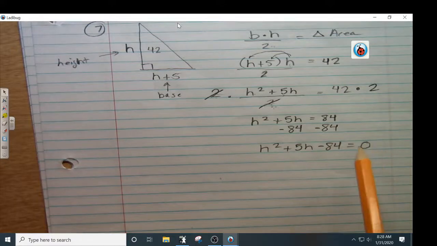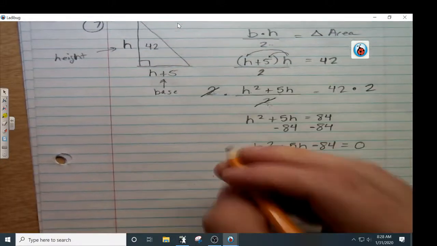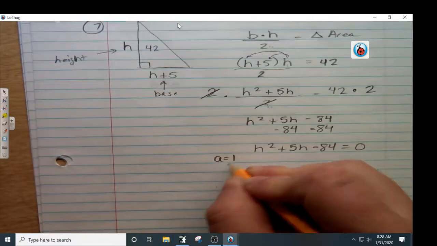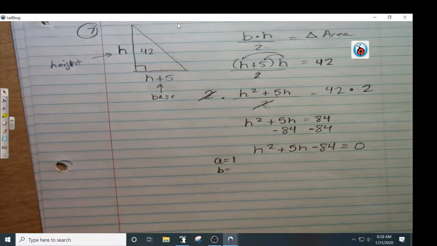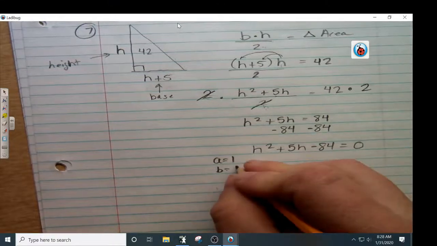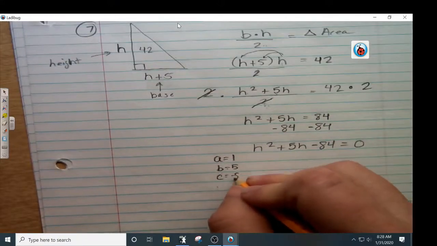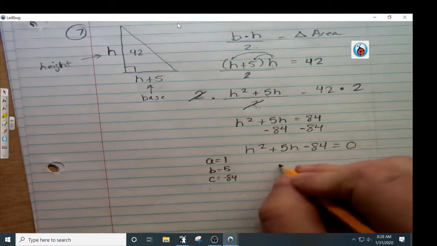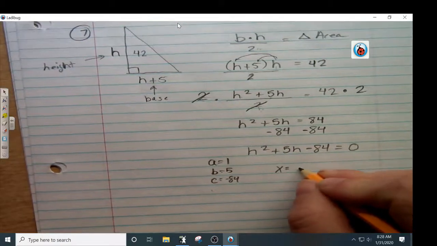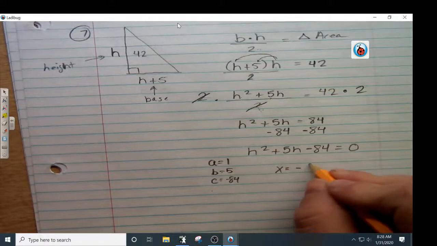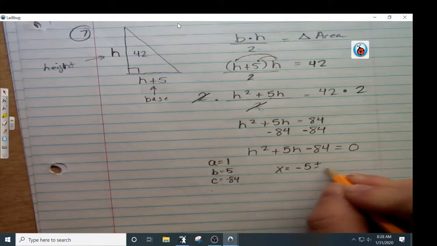Okay, man. All right, now, so let's pick out our letters. We're going to use the quadratic formula. A is 1. What's B? 5. What's C? Negative 84. All right, now, X equals. What goes here is the opposite of B, so that's going to be negative 5 since it's positive, plus or minus the square root